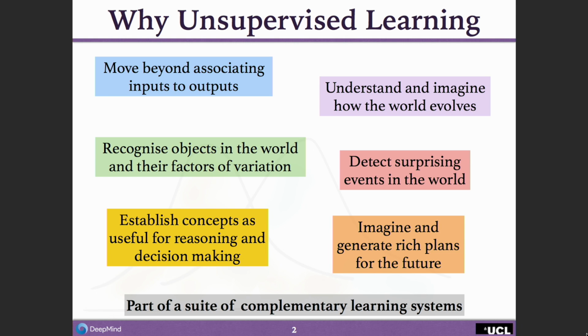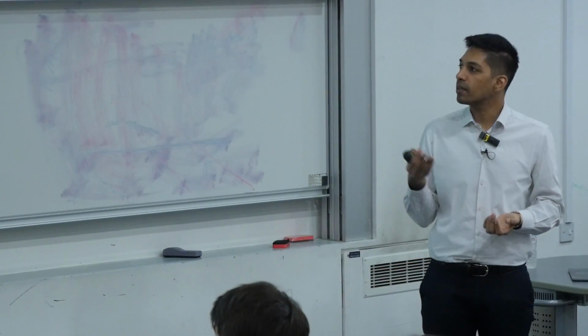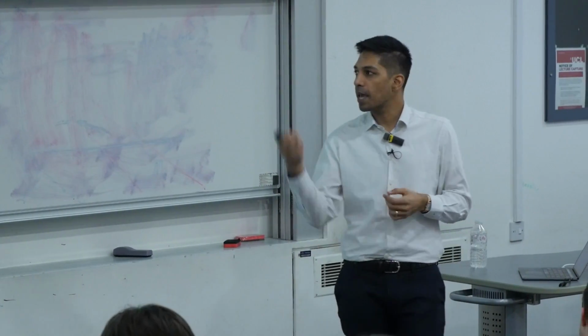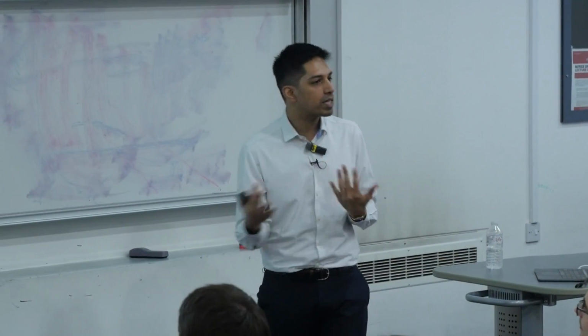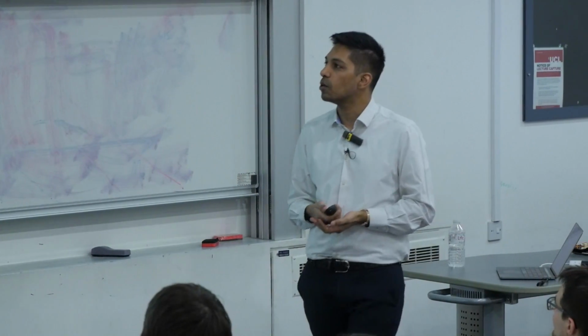But then there are other kinds of reasons, like the example that was just given around NLP, that we want to understand how the world is evolving, how it's going to change over time, and we want to be able to imagine and simulate these potential evolutions of the world going forward in time. There are these things which we recognize as people that are objects in the world. They are objects like your computer, like paper, like a screen. They have certain ways in which they move, they behave, their factors of variation, as they call them, which we